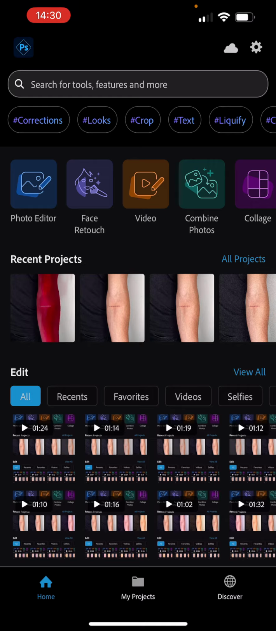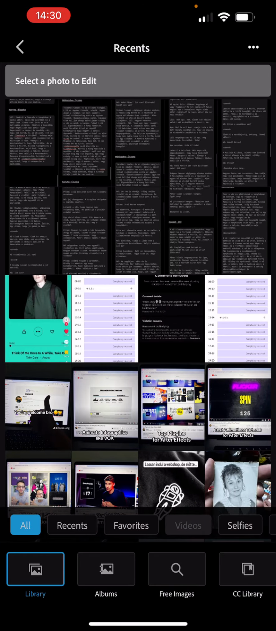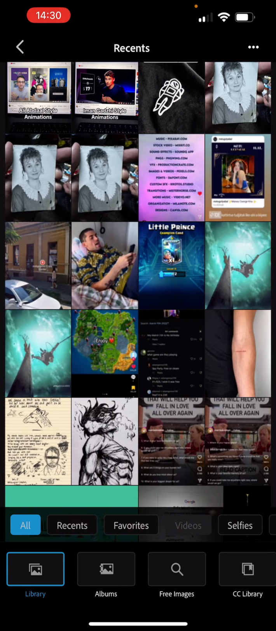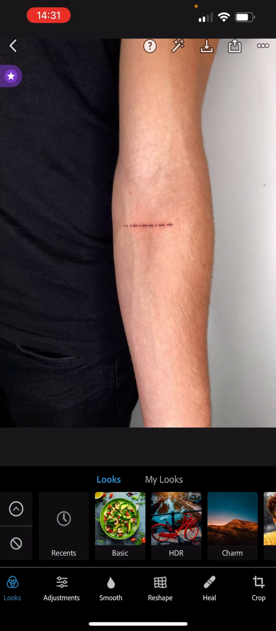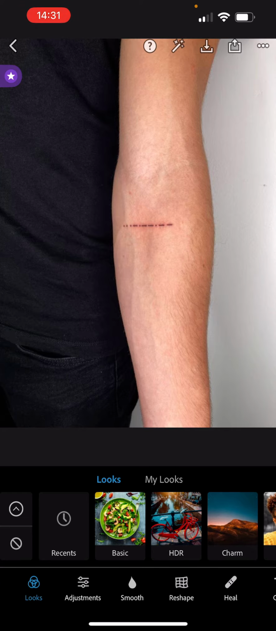Okay, firstly, we're gonna click on this blue button called Photo Editor at the top. Here we have to choose a photo for us to edit. I'm gonna choose this random one. Here we have these buttons at the bottom. We're gonna choose smooth,